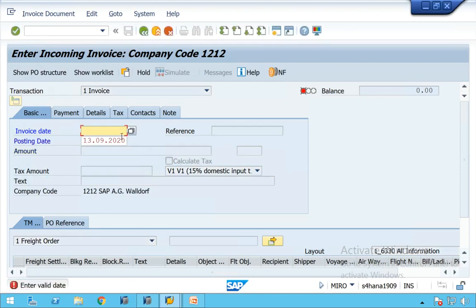Now can you see what this is? I already told you. This is called the status bar. And this is S4 HANA. Be clear, S4 HANA 1909. It is the latest S4 HANA version. Please keep in mind we are doing all the exercises, and I'm recording all the videos, in S4 HANA only.